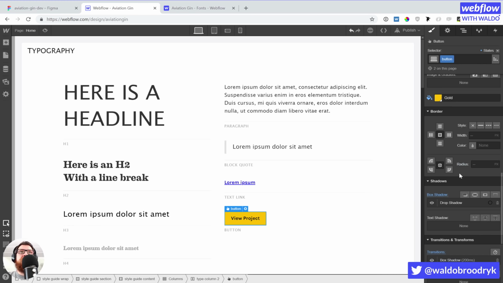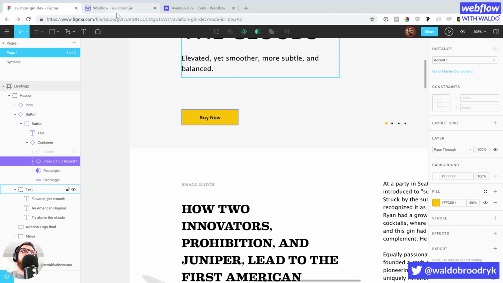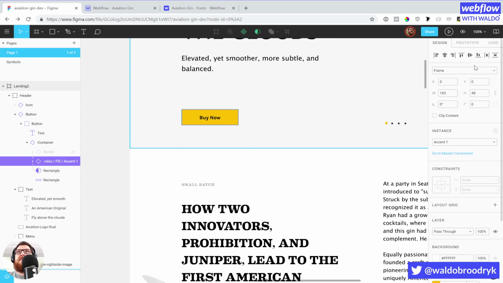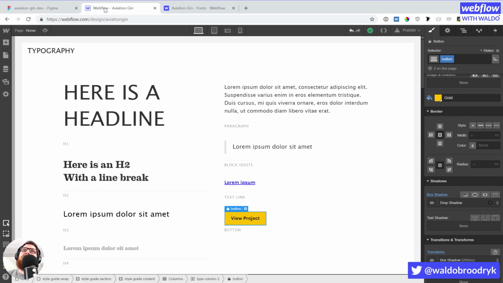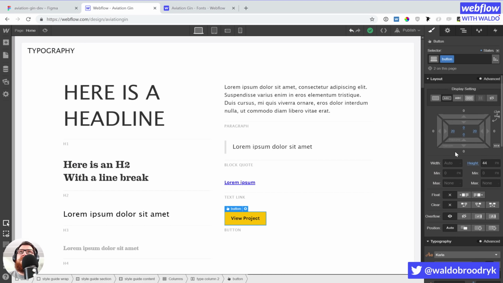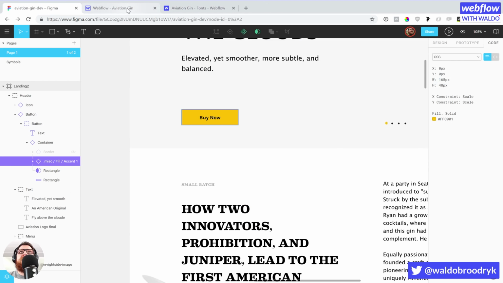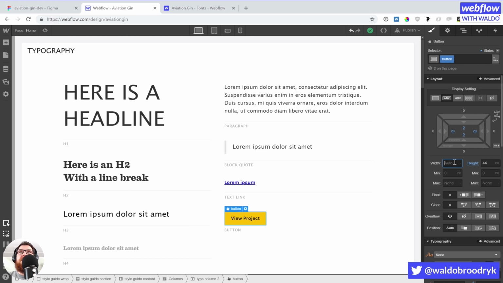There's no border radius on this button. It's got a good amount of padding on the left and right. I've always wanted to use, it's like a code feature over here. So like a width of 165 pixels and a height of 48 pixels. Okay, so we're pretty close here. So 165 pixel width,